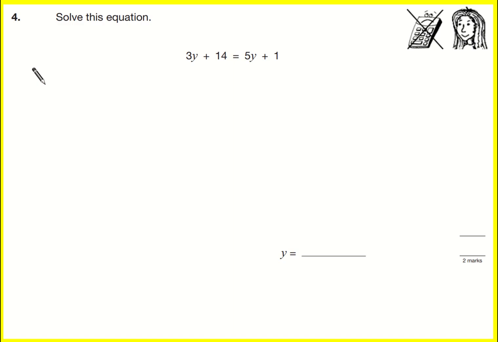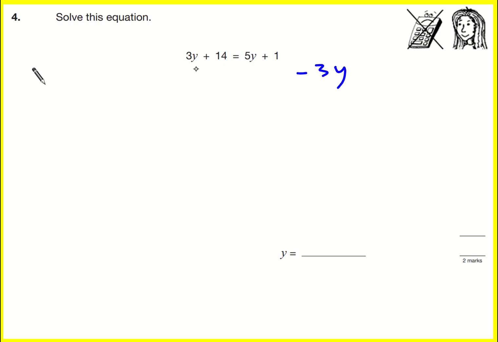This is an equation with y on both sides. I'm going to go through it the way that I teach it, and then I'll give an alternative explanation. So actually maybe two alternative explanations. What we need to do here basically is get it so that y is on one side, and we can